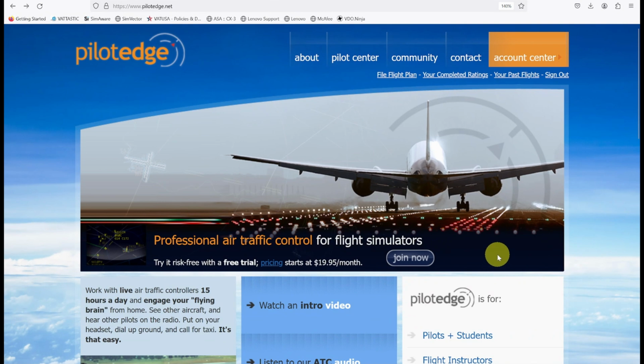For student and new pilots like me, speaking with ATC can be confusing and become very daunting. A very good way of getting comfortable with speaking with ATC is to practice. And the best way is to practice at home before you actually get into the cockpit. So when looking for options that I can use to practice my ATC communication skills at home, I came across